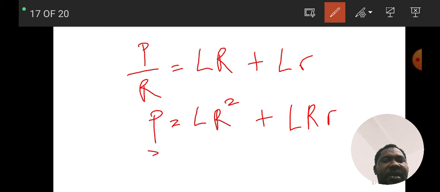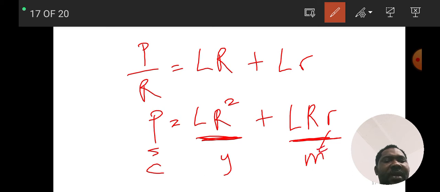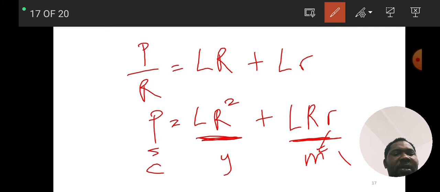That's P here. Now LR squared here, they are all variables, so that can be our Y. P is C. LR squared can be our Y. Then LRR can be our MX, where small r is your M. Then capital LR is our X. So this is already looking like a straight line because I have constants, then variable, then variable and constants. The only thing is that I must make Y the subject of formula,